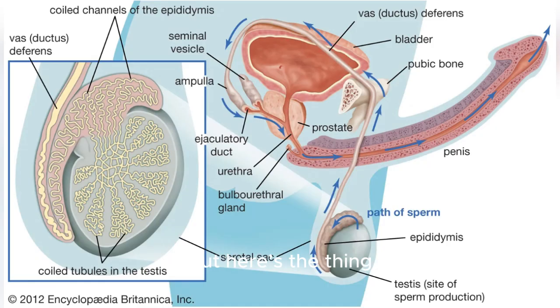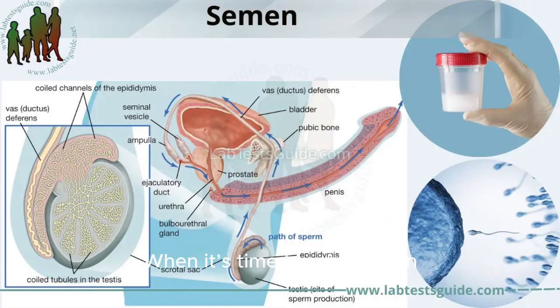But here's the thing. The sperm that's made in the testicles isn't ready to go just yet. It has to mature in the epididymis, a long, coiled tube attached to each testicle. Once the sperm is fully developed, it travels through the vas deferens, a thick tube that carries it to the ejaculatory duct. When it's time for ejaculation, the sperm mixes with fluids from the seminal vesicles, prostate, and bulbourethral glands